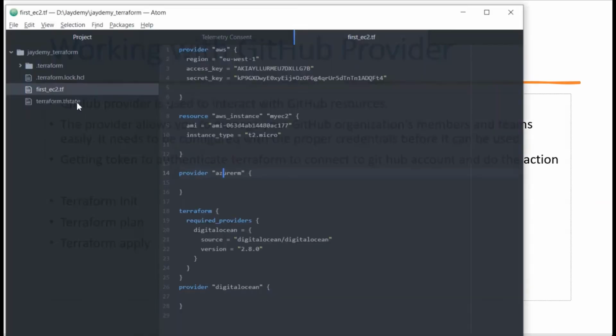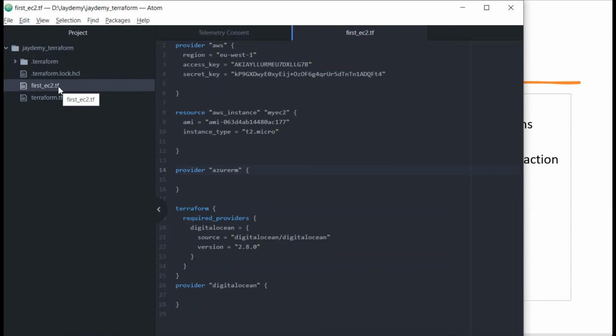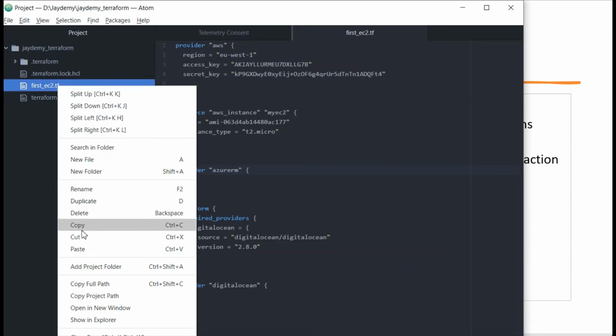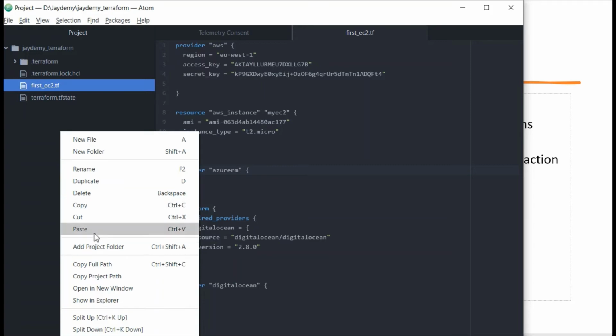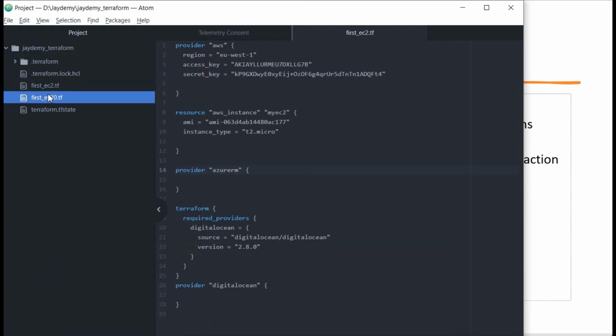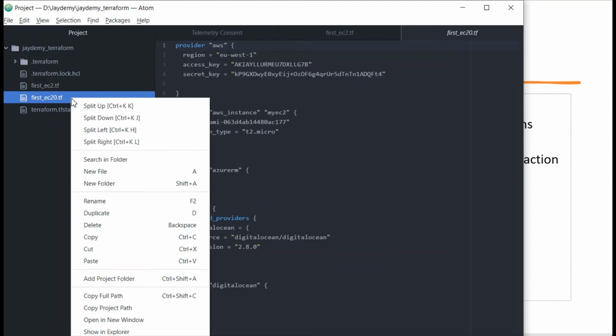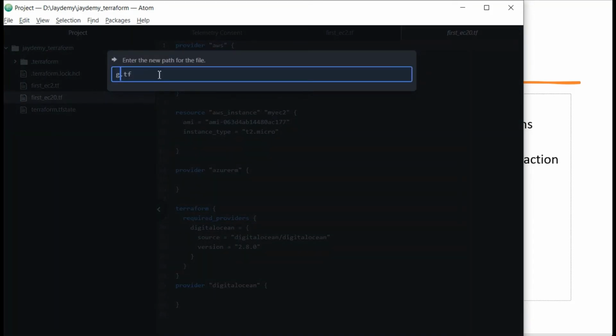So let us copy this file and paste it here. I'll rename it to github_repo.tf. We need to give the extension.